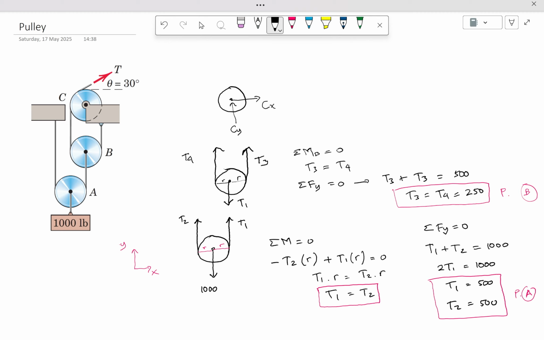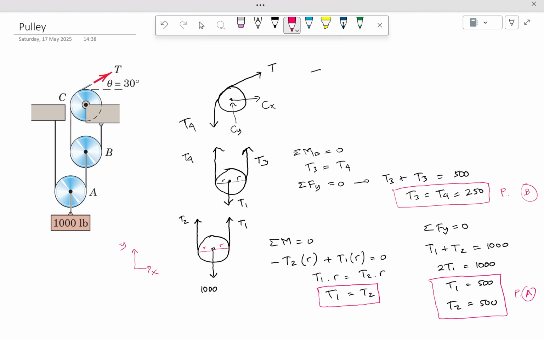At pulleys B and A, the X direction can be ignored because they can move in that direction, I mean in the X direction, for both pulley A and pulley B. And then you have this T, and this is T4. So we know that T equals T4. Am I right or wrong? I think I'm right. Because if you take a moment at C,